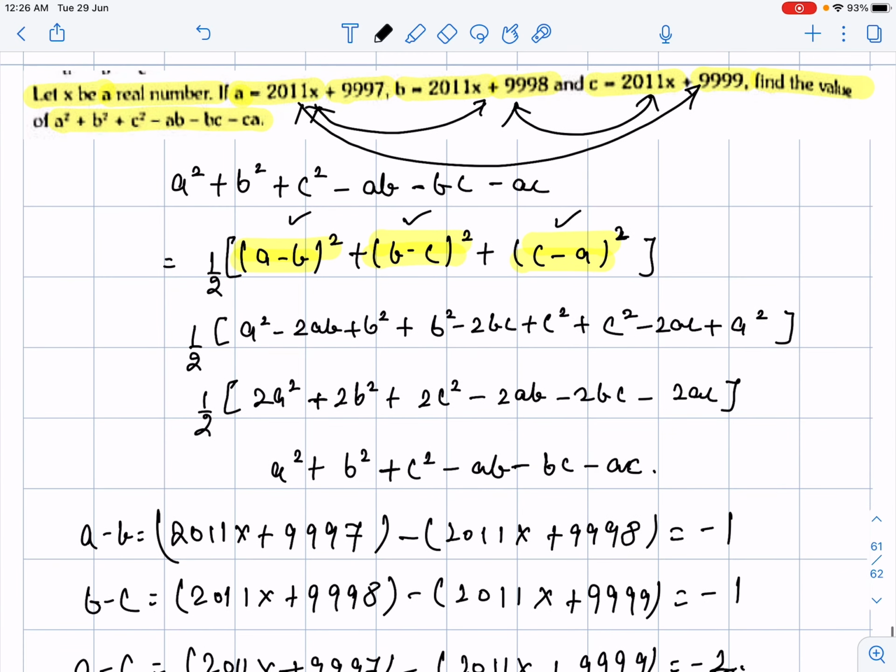Guys, this type of identity itself is very important. You should learn this identity by heart, and you should understand the derivation of this identity, because just after seeing the RHS portion you will be able to get the LHS portion. And we will make use of this identity over and over again to solve this type of problems.